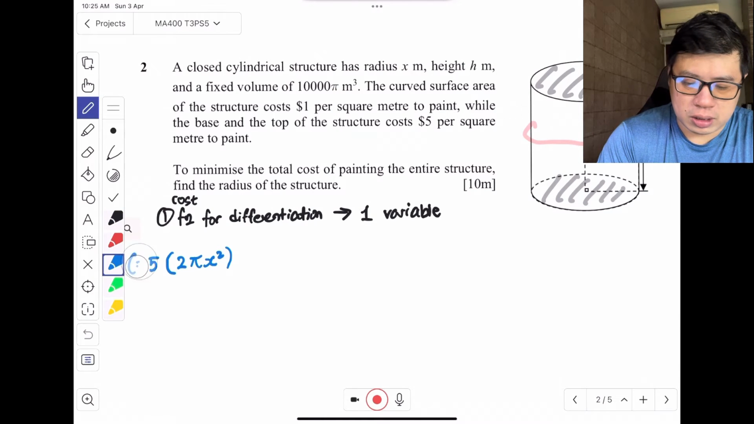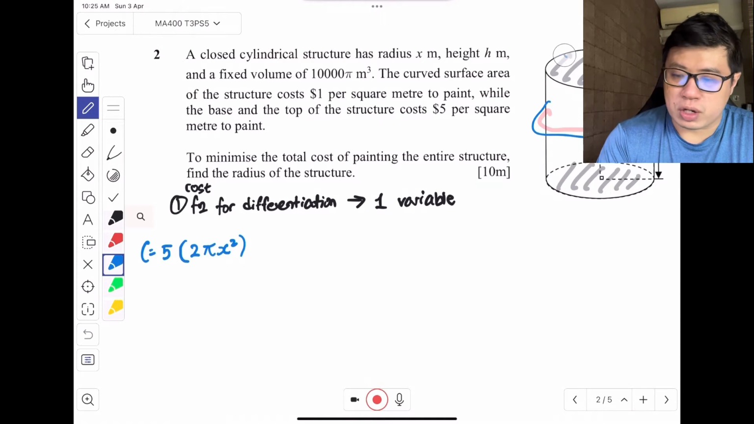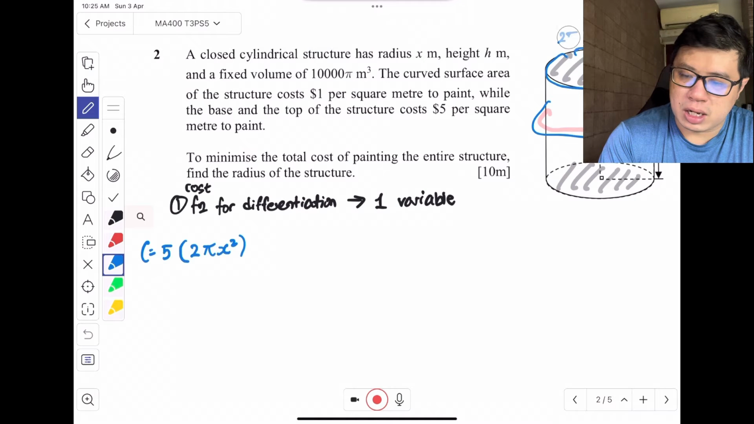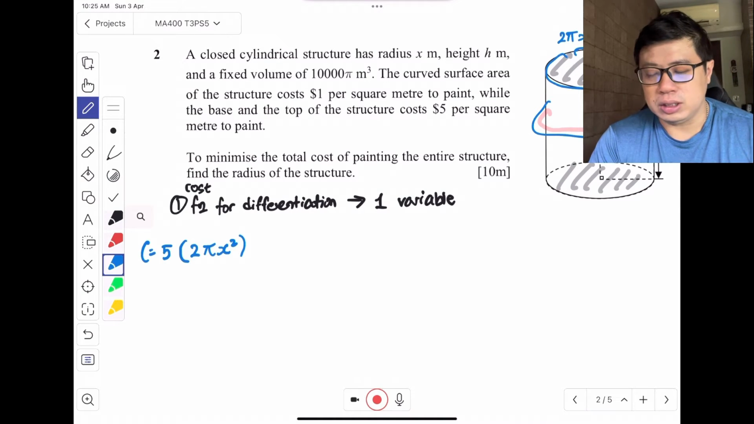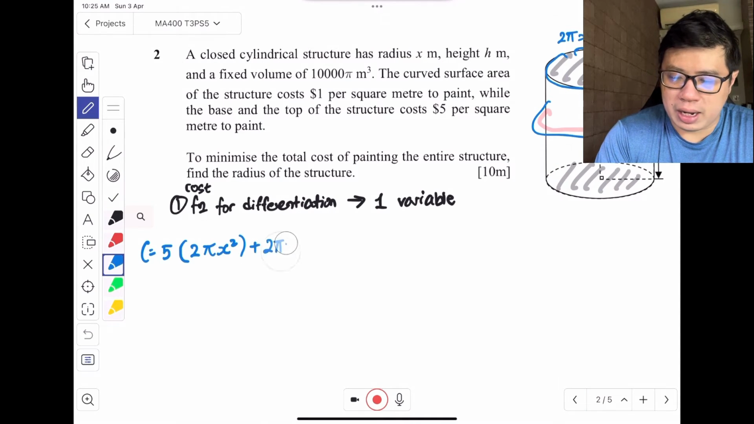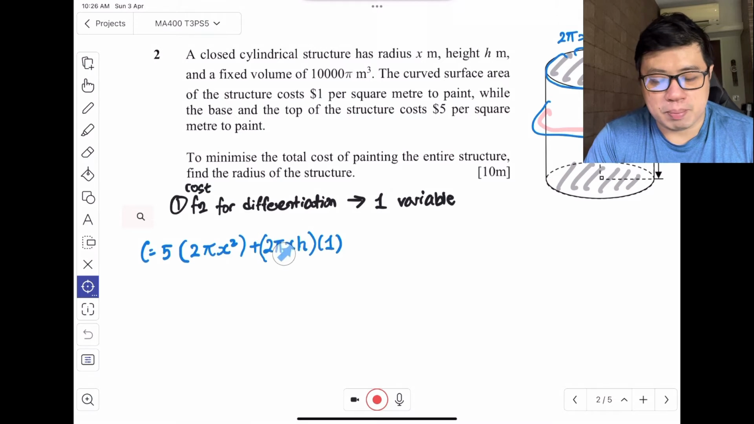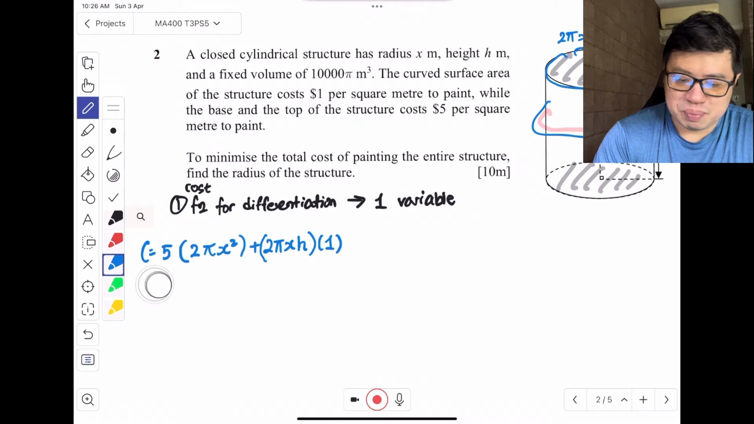What about the cost of the curved surface area, the part in red? As we know, it's basically like a rectangle, so it's the circumference of the base multiplied by the height. It's 2 pi x multiplied by height, and this costs us $1 per square meter. We're basically taking the area multiplied by the cost per area. So 5 times 2 gives me 10 pi x squared plus 2